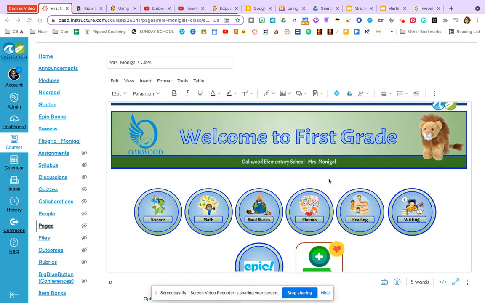Hello, in this video, we are going to take a look at how embedding works in Canvas. When you embed to a website, it means that you place content directly on your page instead of just linking it. A link would take students to an external site or a new tab, whereas embedding keeps them right within